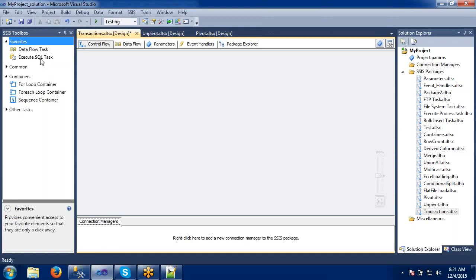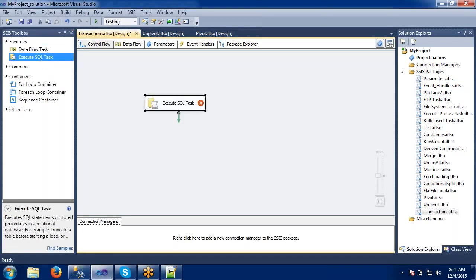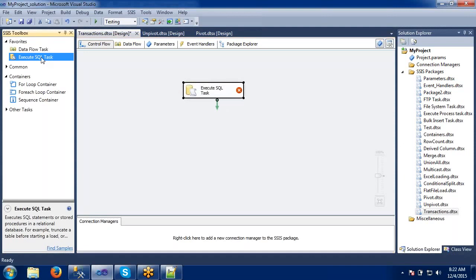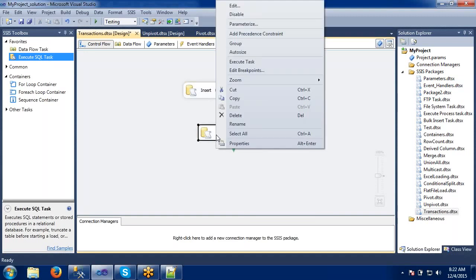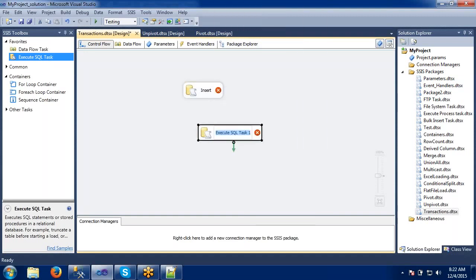Here I am going to take an Execute SQL Task, and again another Execute SQL Task. This one is for the insert, and this one is for the update.